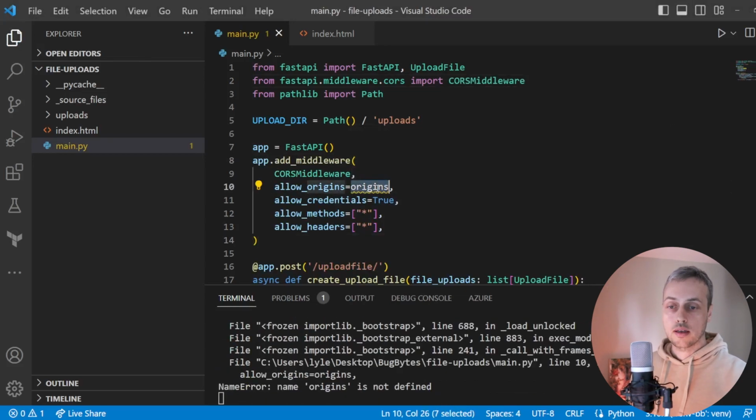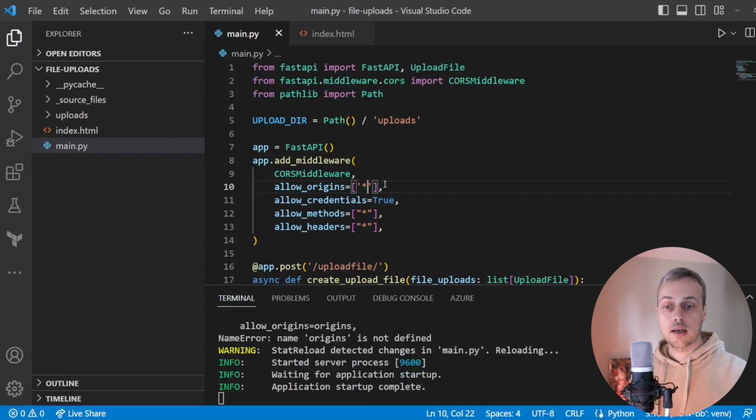And for simplicity, the allowed origins, I'm just going to set that to a list where we have this star character. That's a wildcard that tells the server that any origin is allowed. That's not recommended for production, so don't do that in a real system. You can define your allowed origins explicitly using this list, but we're just going to allow the uploads to come